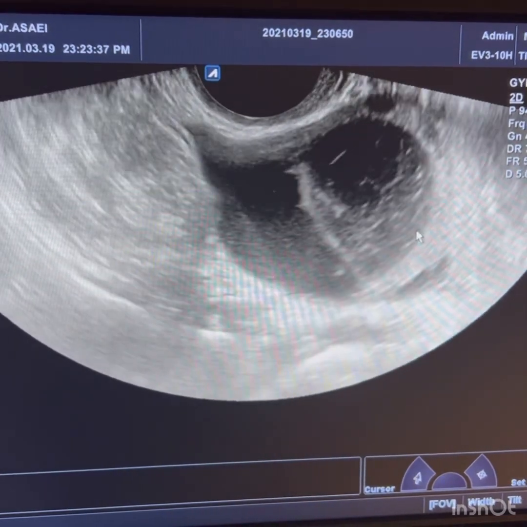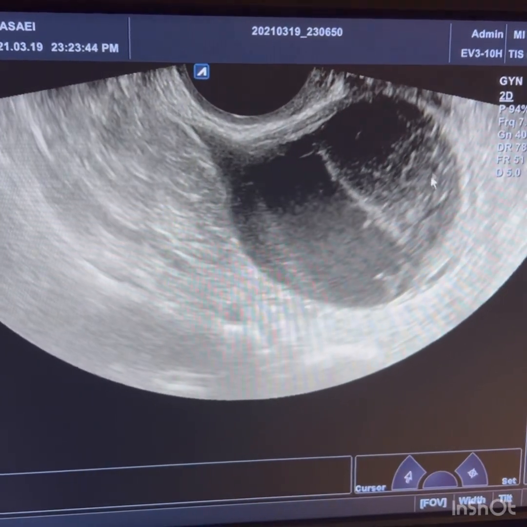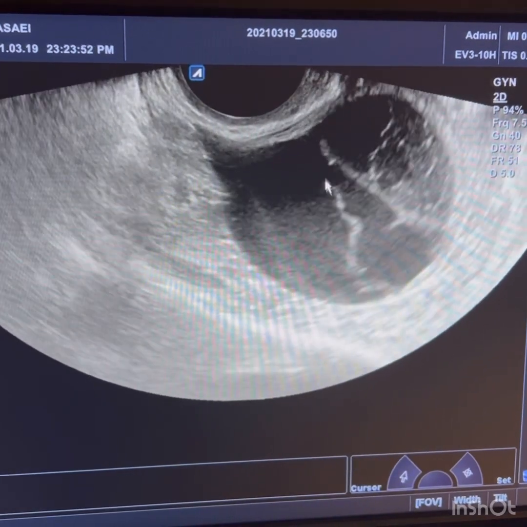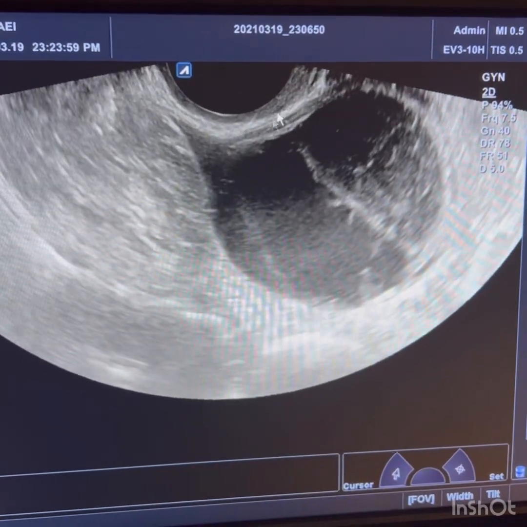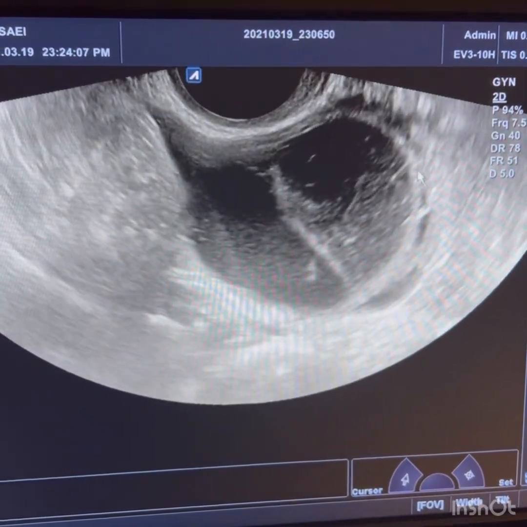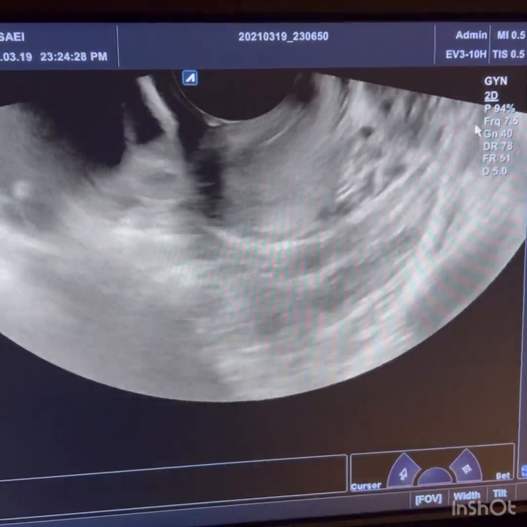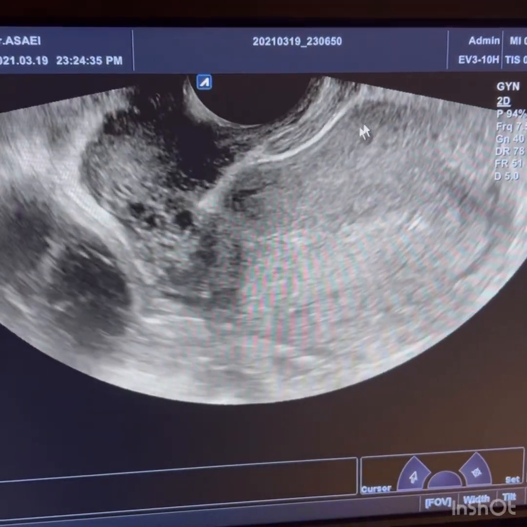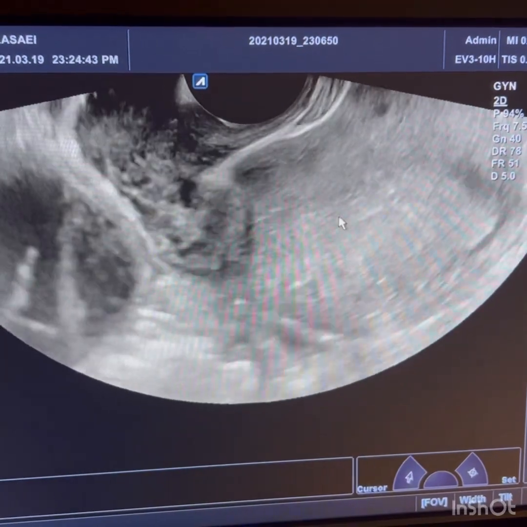We can see the borders containing thin wall. We can see internal echoes here. Many other thin septa are also seen. Some low-level internal echoes are also seen, showing mobile appearance, indicative of some fresh bleeding inside the cyst. The compressed right ovary parenchyma is also seen adjacent to the cyst. Here we can also see the left intact ovary. Minimal amount of free fluid is seen in pelvic cavity, and we can also see the uterus with normal appearance